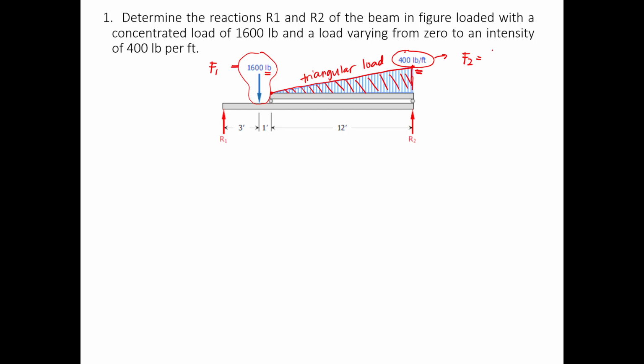That will be 1/2 base times height, the area of the triangle. So 1/2, the base is the distance, 12 foot, and then the height is this triangular load, 400 pound per foot. Notice that we can cancel out the foot unit. And what we have now is,